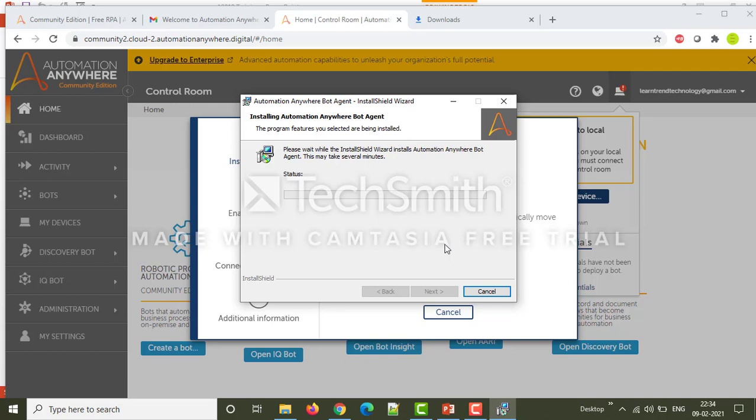We just have to click on next, and once it is completed, we have to enable the Chrome extension.